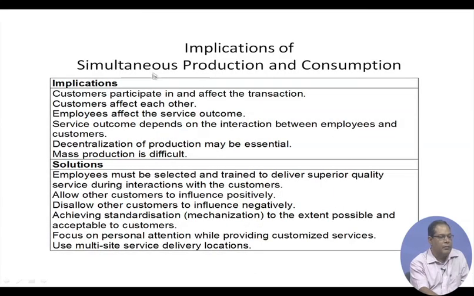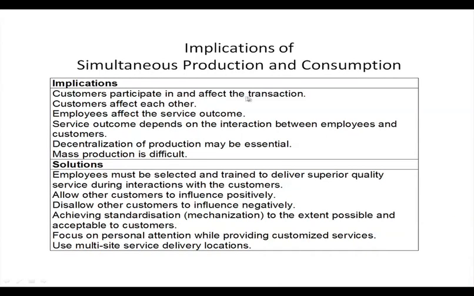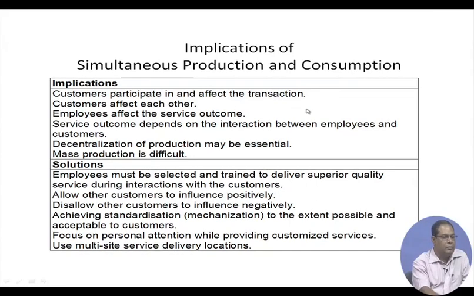Then the implications of simultaneous production and consumption. Customers participate in and affect the transaction, because the production and consumption take place when both the customer and the service provider are present. The customers affect each other. So, if one of the customers is shouting out his or her difficulties in the servicescape, then other customers also become affected, and they start perceiving the service provider as what the other customer has been shouting about. Employees affect the service outcome